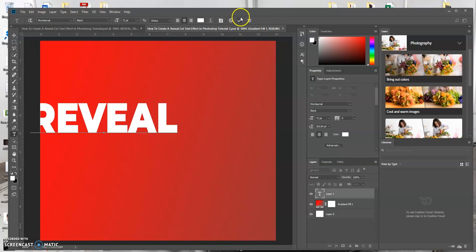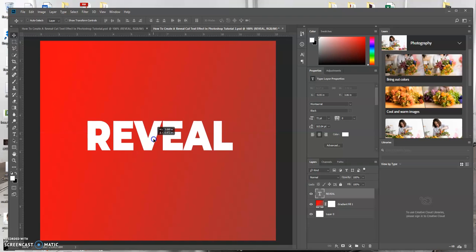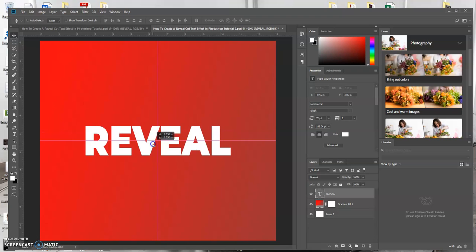And then let's go up to the options bar and click on this check mark to apply the changes. Now I'm just going to use the move tool to move it. Okay. Now our next step is to create